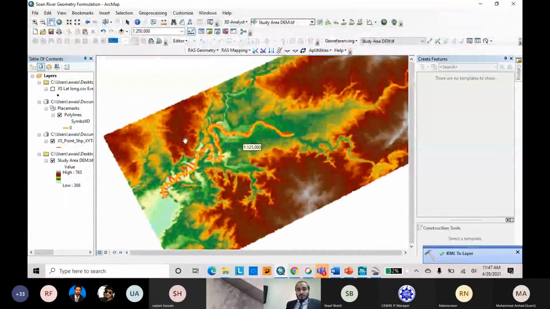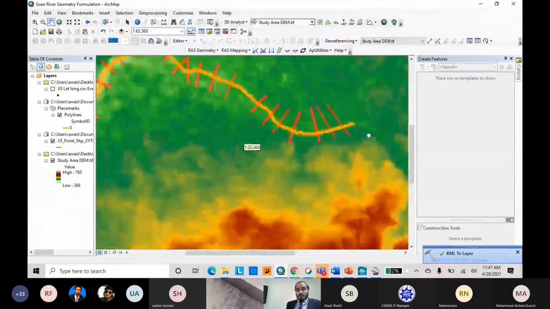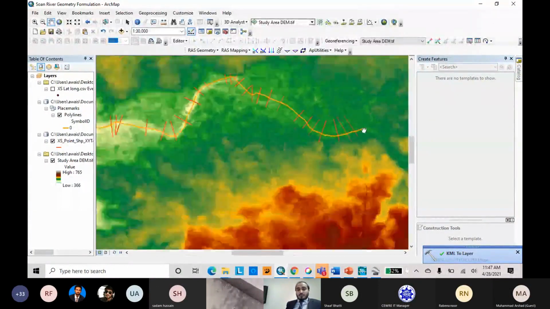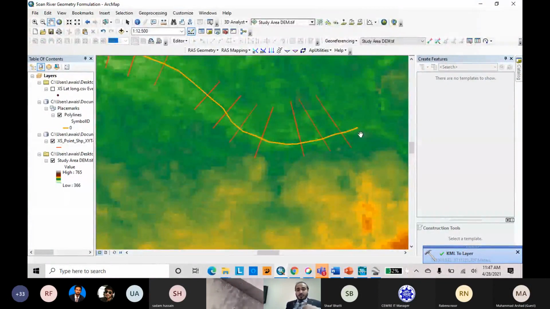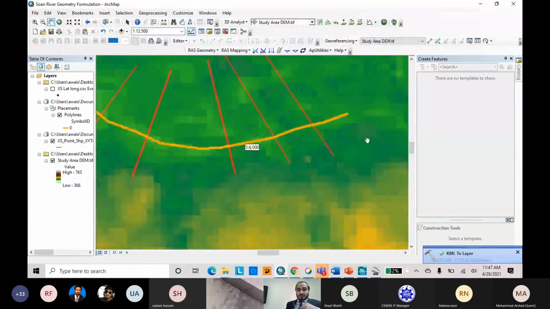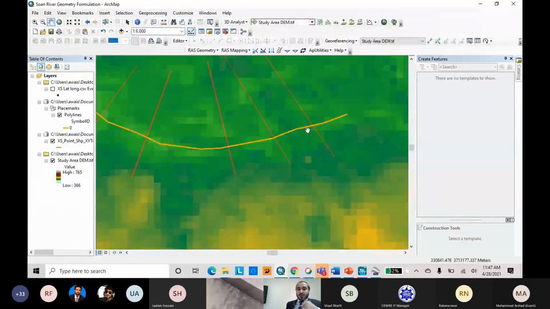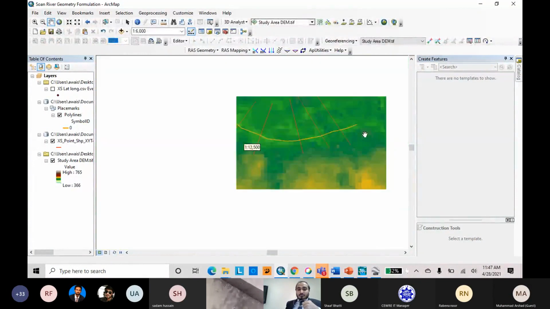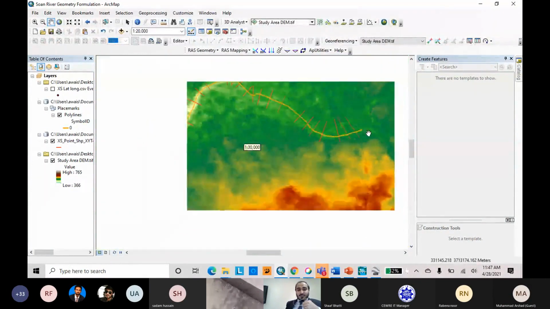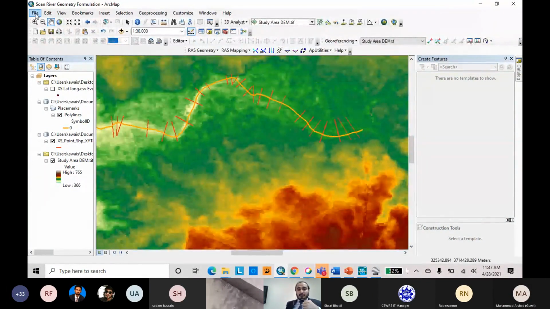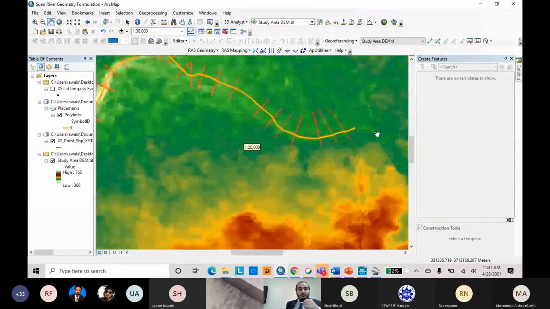Here you can see it saves a lot of time to digitize over the river central line. If we go on using a digital elevation model in ArcGIS, we have to be more attentive, and I think you cannot easily digitize it. But you can also use the base map, but the base map is specific time span data, so that's why I have used Google Earth instead of the base map.